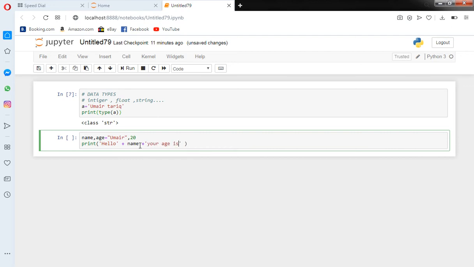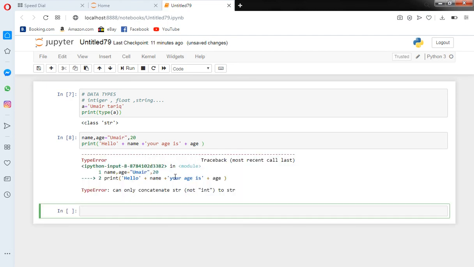Your age is, and I use the variable age. Okay. Now if I run it, instead of name, there printed will be Umair, and instead of age 20 will appear. Okay, if I run it,